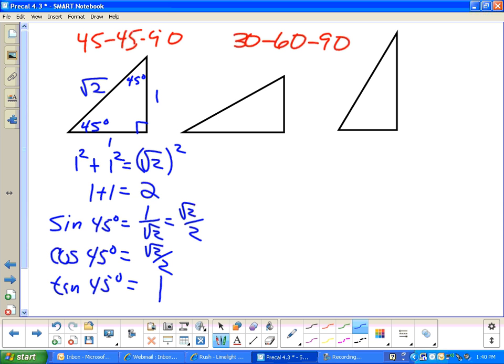please see me or ask me again on Monday. With a 30, 60, 90 triangle, here the angle is 30 degrees, there the 60, this one's 60, and that one's 30, so it's just flipped and turned on its side. We get the